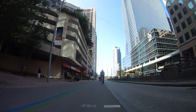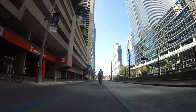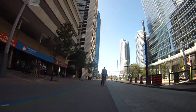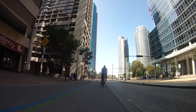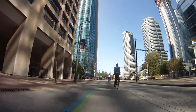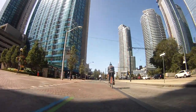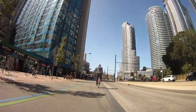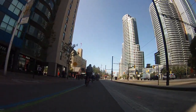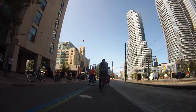So this part of the Waterfront Trail that we're riding on right now is very new, or I guess it's 2 years old now. But before this was here, this was kind of a big gap in the Waterfront Trail system. There are these great off-road or multi-use trails that are completely separate from roads on the east side and on the west side, but the center section here used to be nothing. It used to just be a road that didn't even have bike lanes on it. And finally they decided to redevelop this area, and they completely tore up everything and rebuilt the roadway new, the way that it is now, and